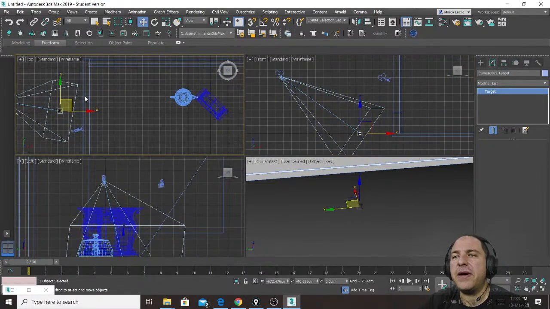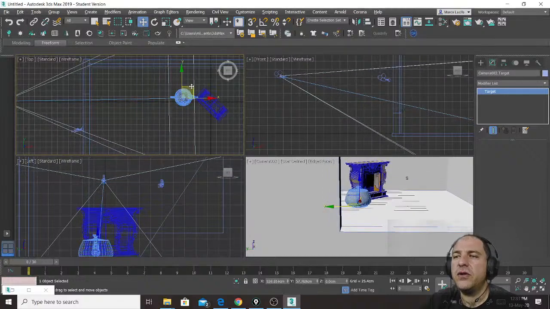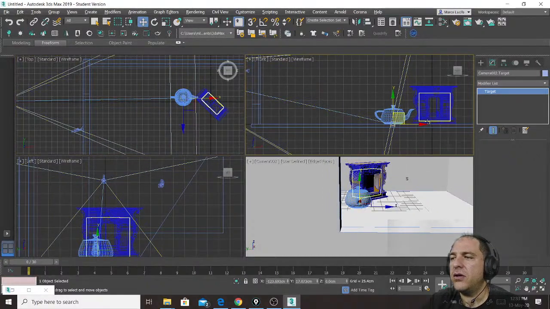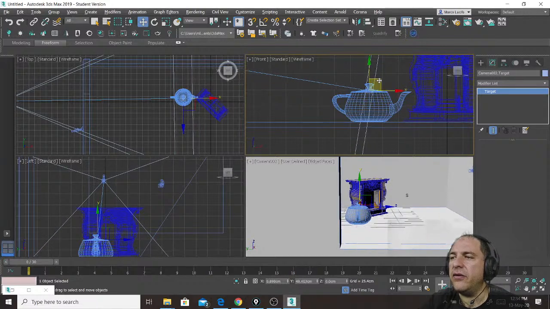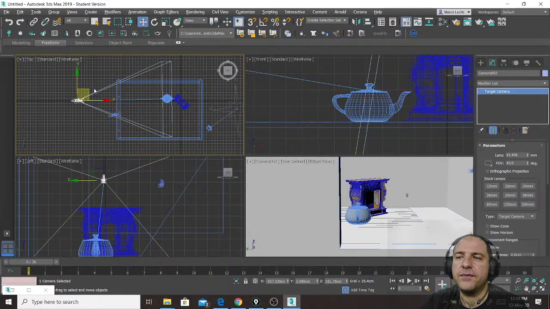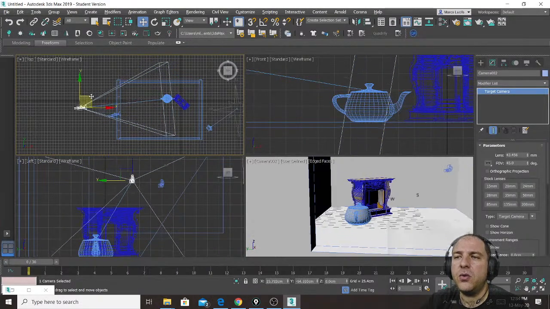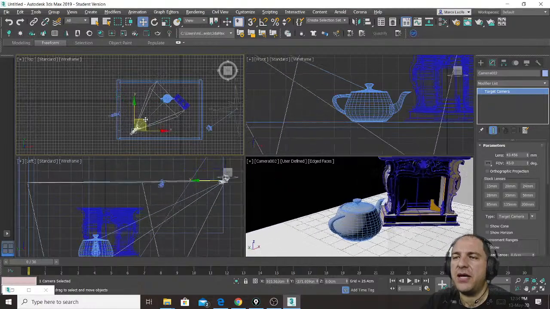Let's say I have my teapot. So what I will do is I will move the target to the lid here of the teapot. That for me is my target. And now check this. No matter where I place my camera,